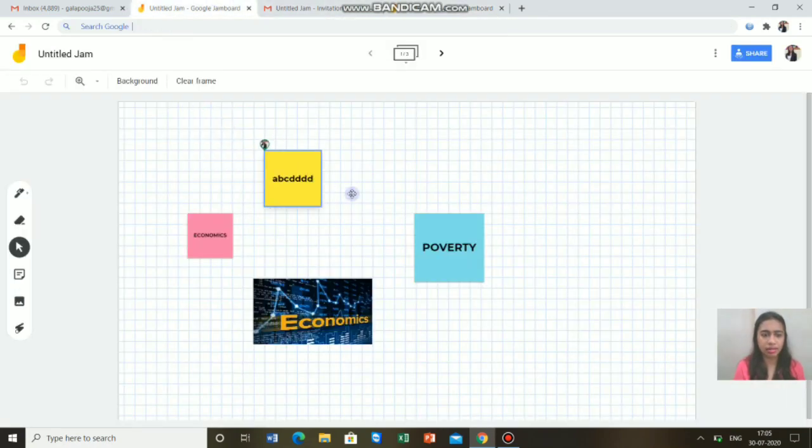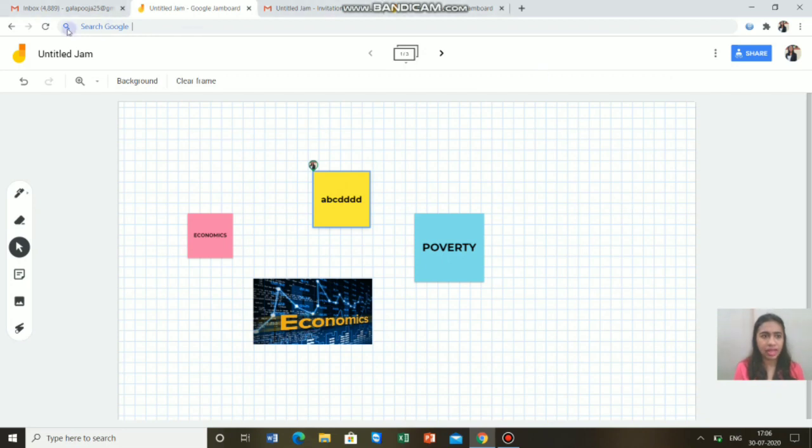I can see here someone has written. You can see this pop-up over here. So this way you can see the names of your students as well, and you can also check them.